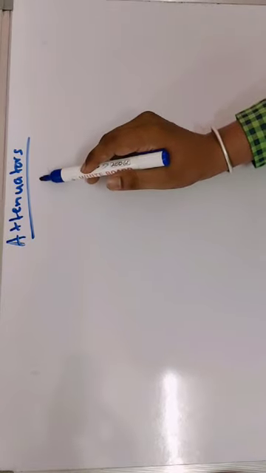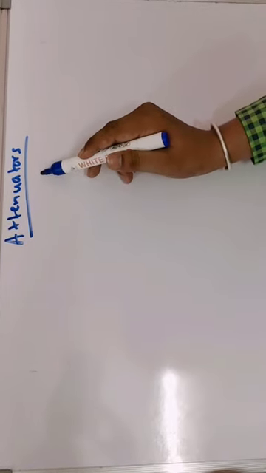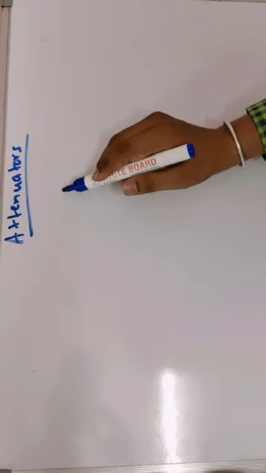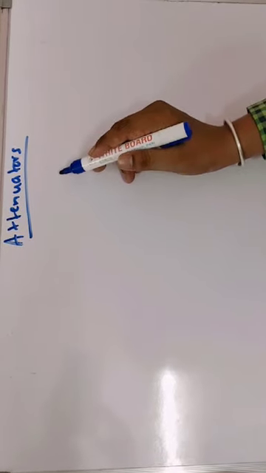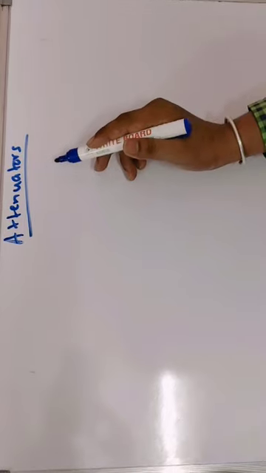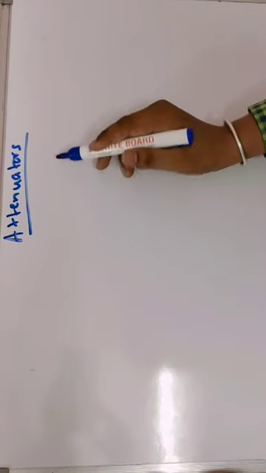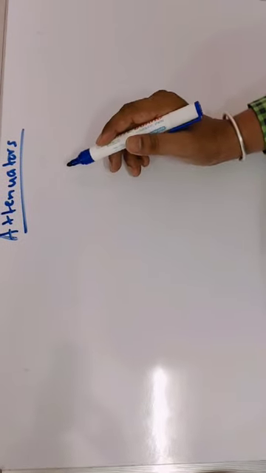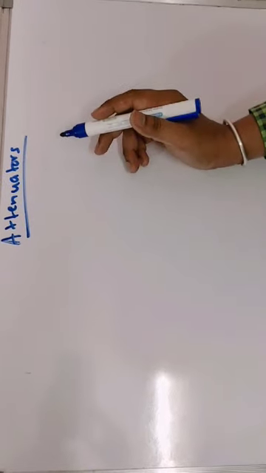So an attenuator is basically a passive two-port network which is used to decrease the signal strength. It is opposite to an amplifier, in which the gain is greater than 1, whereas in attenuators the gain is less than 1. In wireless communication, when the signals are transmitted through free space, they get attenuated.